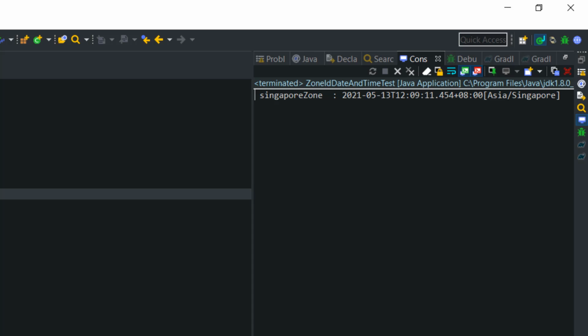Now we can see that right now the Singapore timing is 13th of May 2021, around 12 hours 9 minutes 11 seconds and nanoseconds, and it also shows which GMT offset it is running on right now.